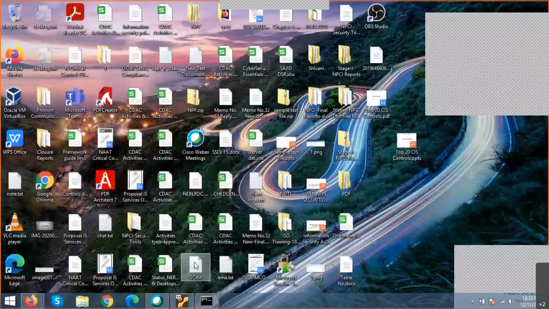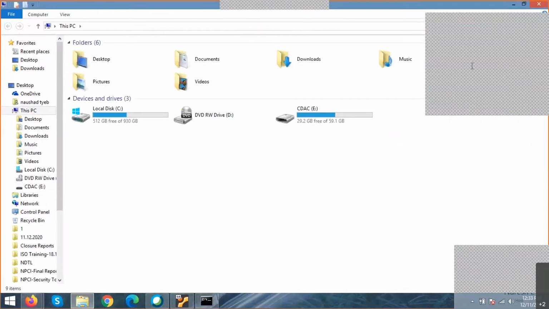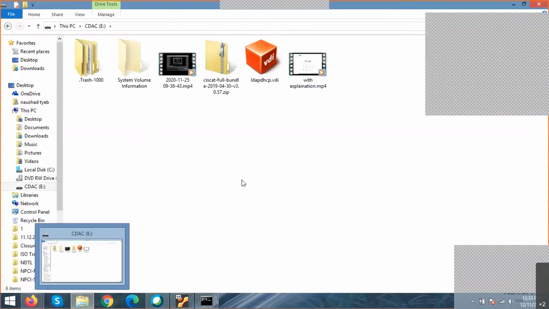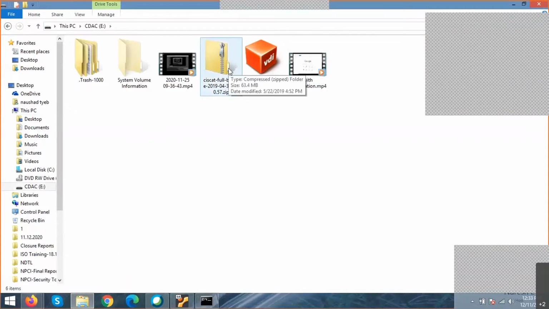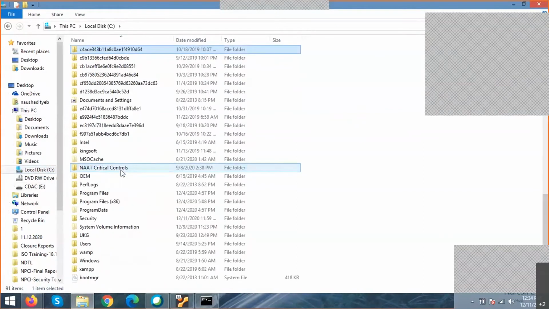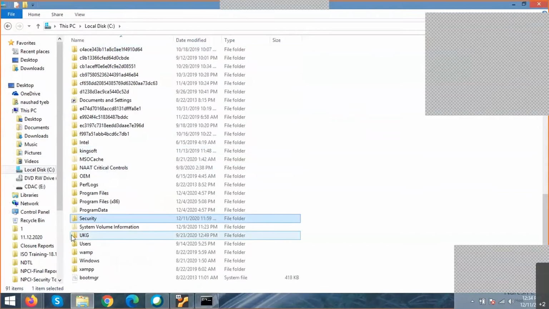And there is one more good tool, the CIS-CAT tool. We'll just run that tool. I'm just opening that tool.